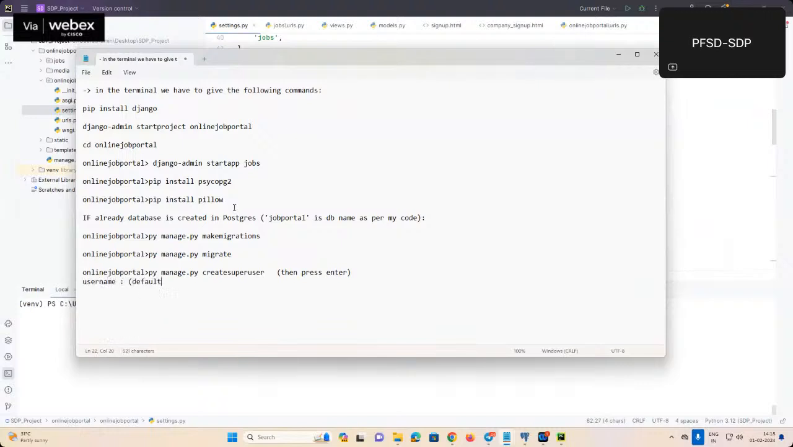By default, admin will take. Okay, if you want to change this, you can change it. Okay, and it will ask email. If you want to, this is optional actually. If you want to give it, you can give, and then it will ask password. Okay, so you have to provide it,